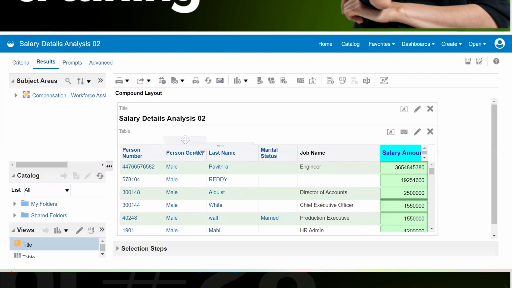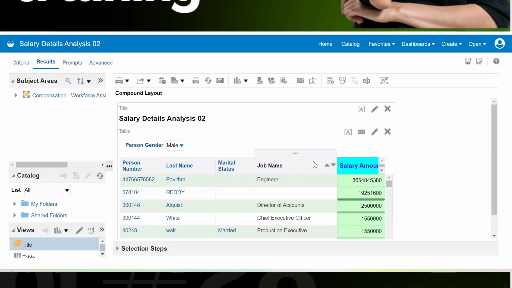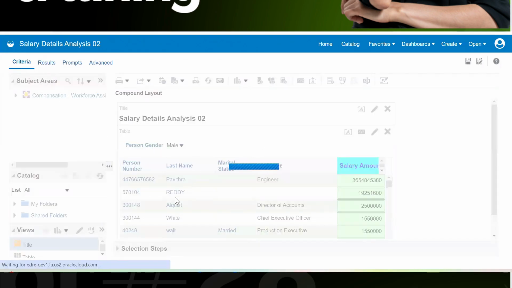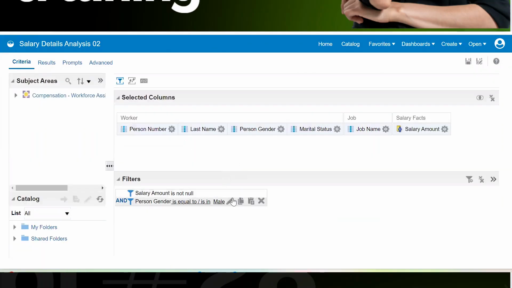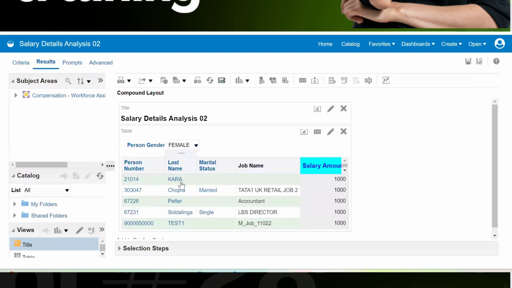So what has happened is that if I remove this column from here to the table prompt, we have only one thing available. That is the reason, although it is appearing as an internal parameter, it will be bound to show only one gender only. If we add this hard-coded filter value, it will not be useful for a table prompt. If we remove this, by default it will select one value and display those things.